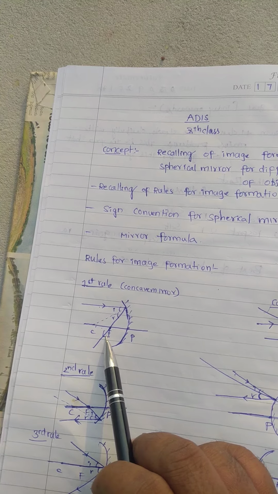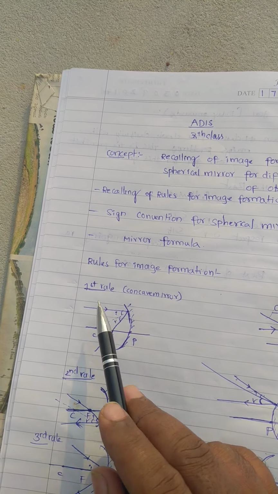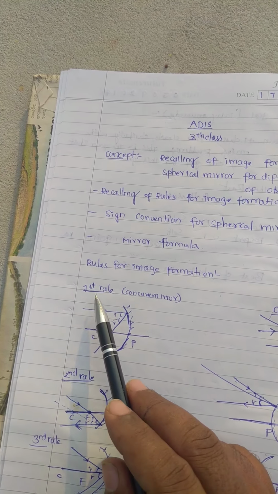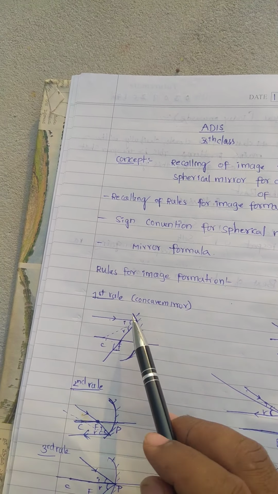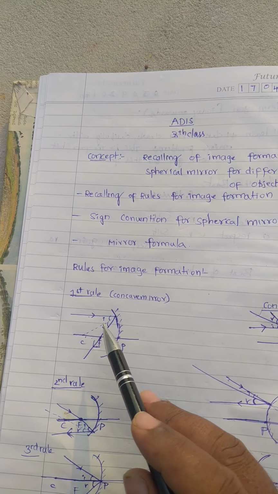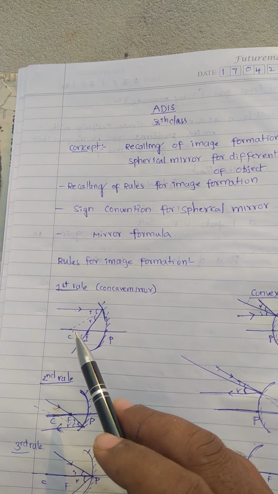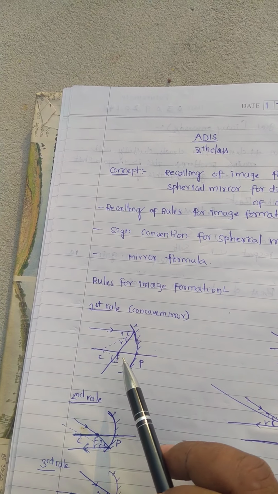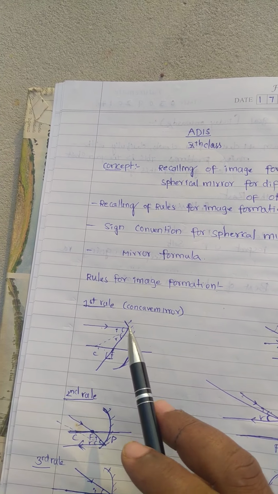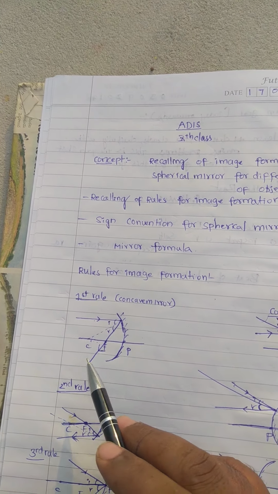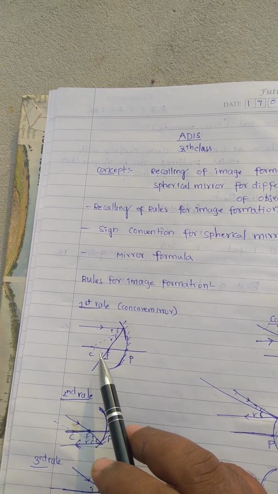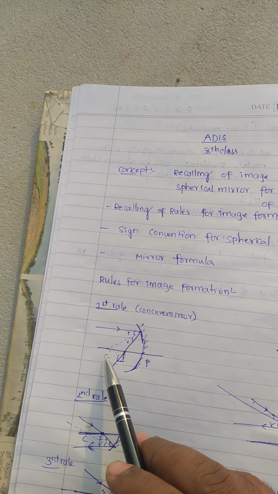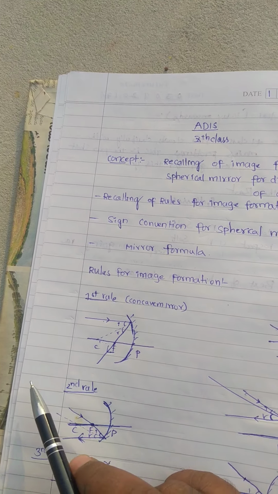Already I told that for all spheres, it is nothing but one of the spheres. From this sphere only we are cutting half of the part. Already I told before what is the meaning of center of curvature. Center of curvature means it is the center of the sphere from which the mirror is cut. So for all spheres, the normal passes through the center of curvature. Of course, a circle's normal always passes through the center of curvature. So this normal is passing through the center of curvature.